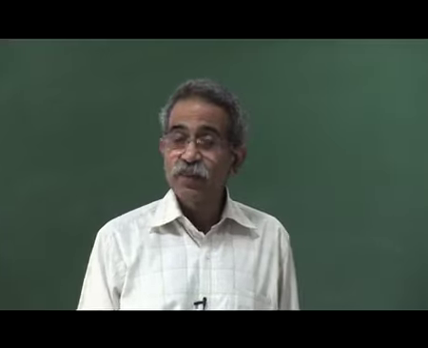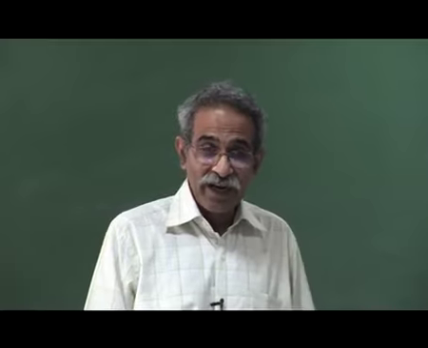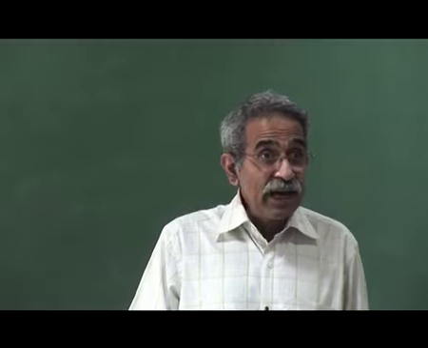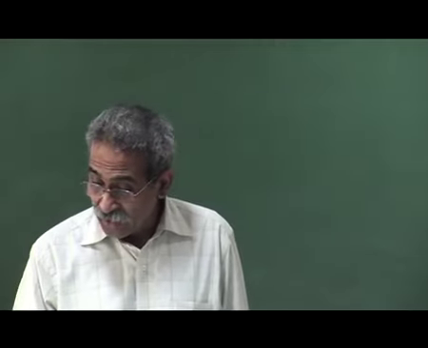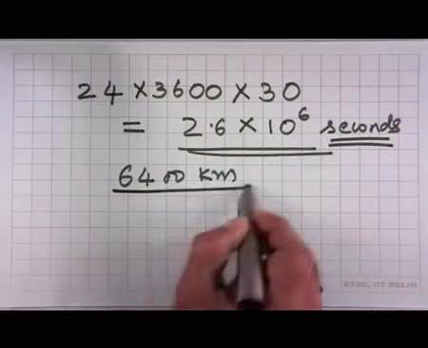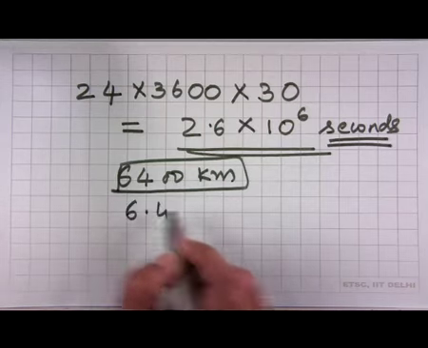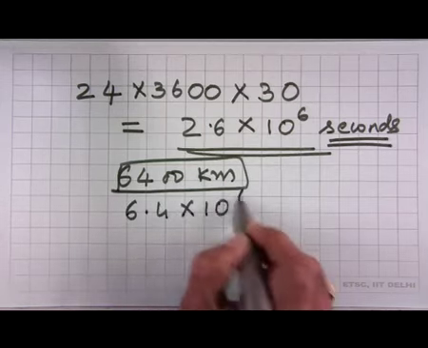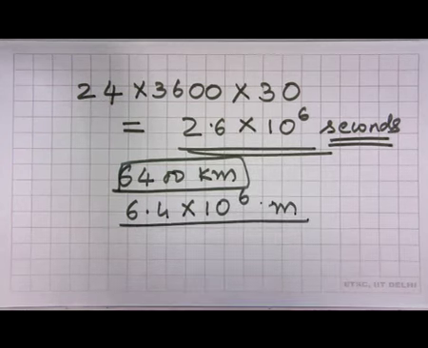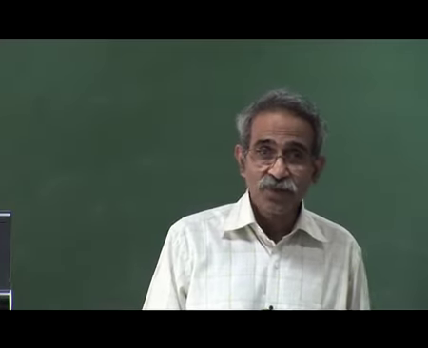That means there is a discrepancy of a factor of 10 to the power of 6. I will give you an idea of what 10 to the power of 6 is in a minute. The radius of the earth is about 6400 kilometers. So that is 6.4 into 10 cubed kilometers, so it is 10 to the power of 6 meters. So it is like confusing your meter scale to be the radius of the earth. It is as bad as that.